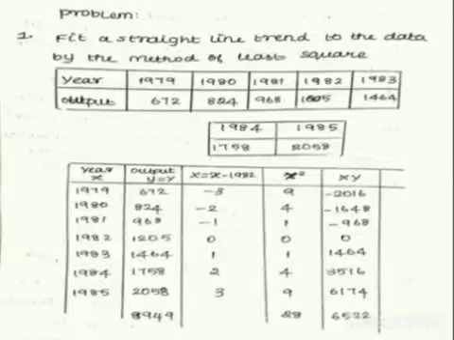And then you have to find the value of XY. If you multiply X into y, you will get capital XY value. So now first find the value of capital X by using x minus 1982. So your x values are 1979, 1980, like that. So if you subtract 1982 from these values, you will get